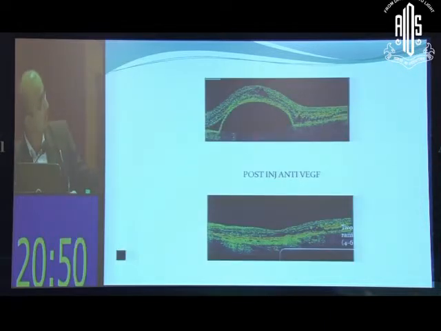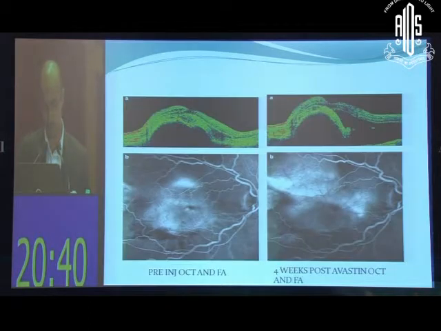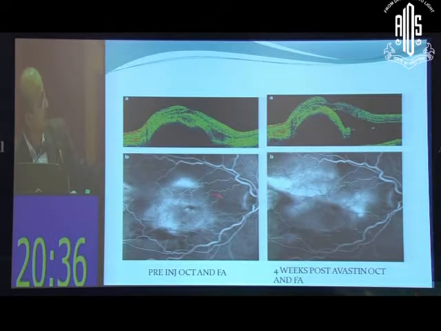Now this is another example of a large pigment epithelium detachment associated with a serous elevation, and you want to monitor these patients on OCT, and you will always get such images post injection. Now this is another interesting patient who has a large choroidal neovascular membrane and a pigment epithelium detachment, as you can see here, and post injection the patient is not doing so well, and on angiography you can see an RPE rip which can also be picked up on OCT here.